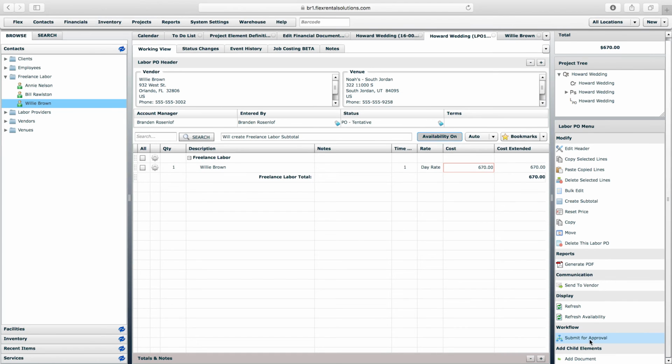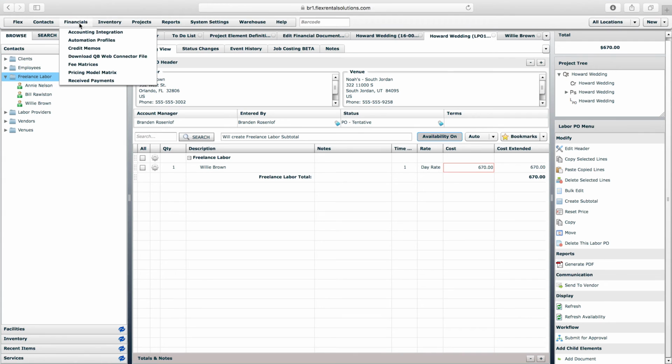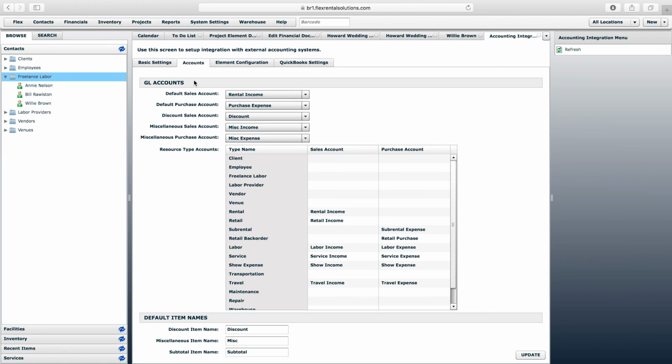And again, we would go through the workflow process and we can export that out to QuickBooks. One last thing that we want to look at in terms of this example: if you do enable other resource types like your employees, freelance labor, or labor providers to be on these labor POs, you might want to go to your financial settings, so financials menu and then accounting integration, and look at how different resource types are pushing